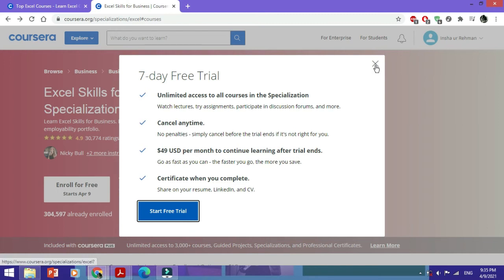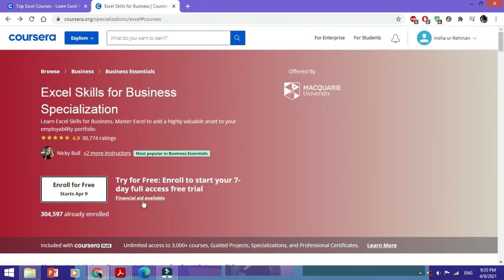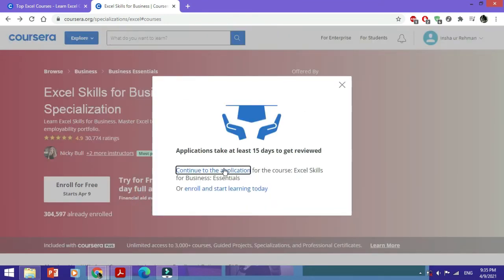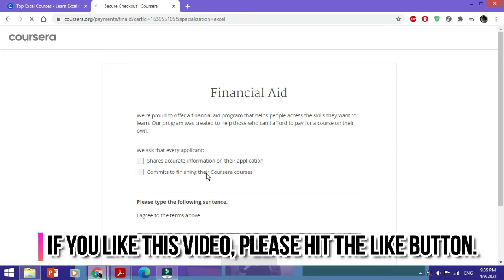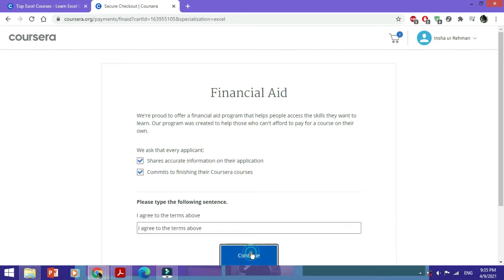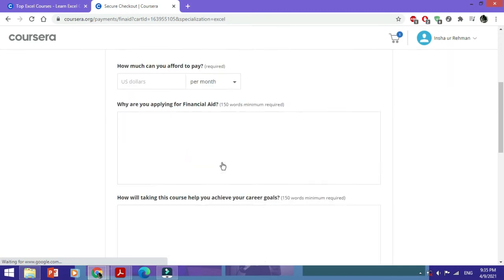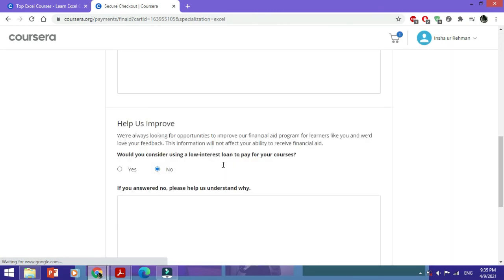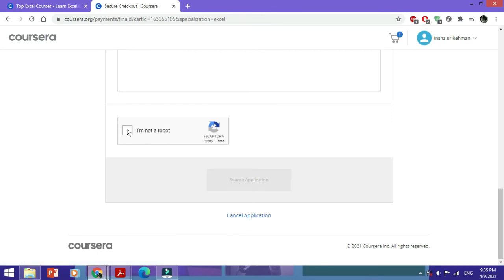So what we could do is that we could just apply for the financial aid, and we just select continue to the application, and this will open the whole application page. And I've already shown this how to fill this and apply for financial aid in a separate video. Okay, so you just quickly fill this all, and in the end you would just select submit application and select